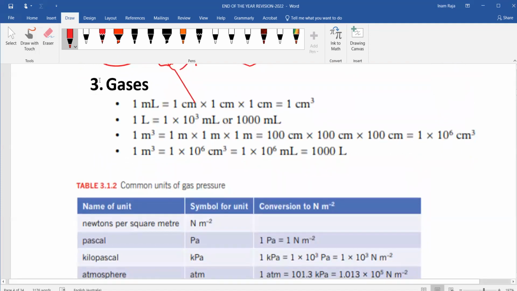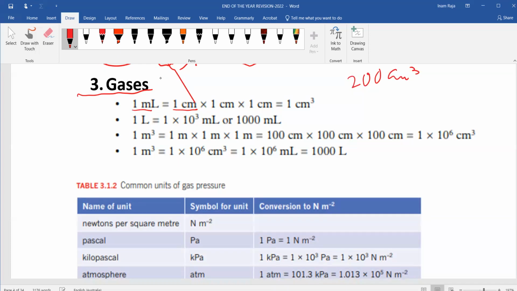And next is gases. The gases in your book, chapter 3. So for gases, you need to know some conversions, and some conversions are given in your data book. For example, a very simple conversion factor is that 1 ml and 1 cm cube is the same thing. All right. So if you're given that there's a container, it has 200 cm cube, or